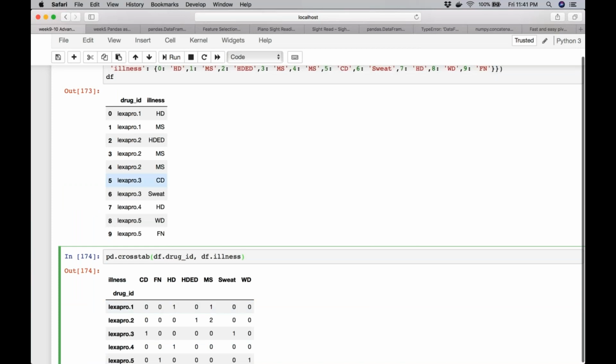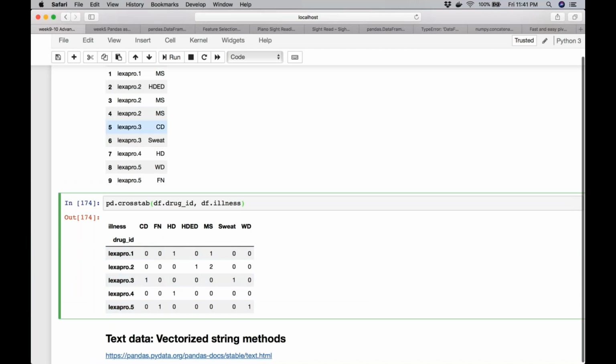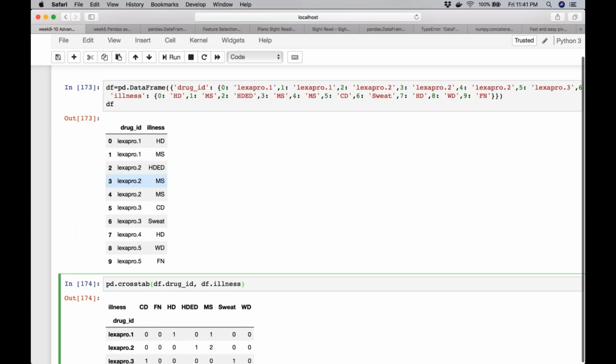But once again, this is not the structure that you would use for machine learning. If you want to feed this data to the algorithm, you need to first convert it into this numeric format. Ultimately, before the data is completely ready to be fed into the algorithm, every feature has to be in the numeric format. So what do you do with all the text data? You have to somehow convert it into the numeric format. So this is when you're counting the occurrence, you're making use of the crosstab.